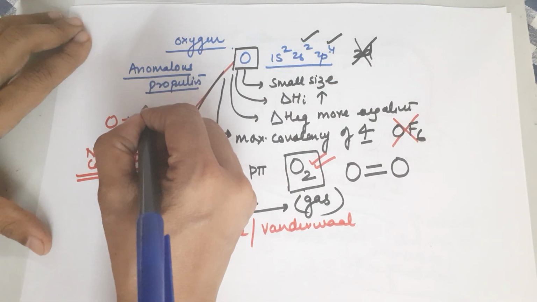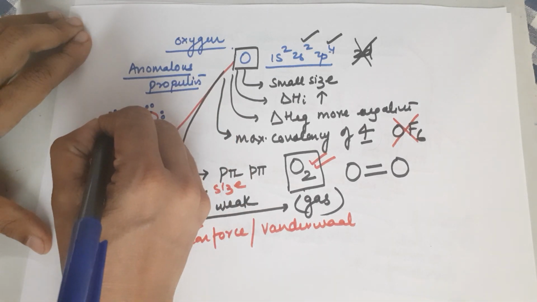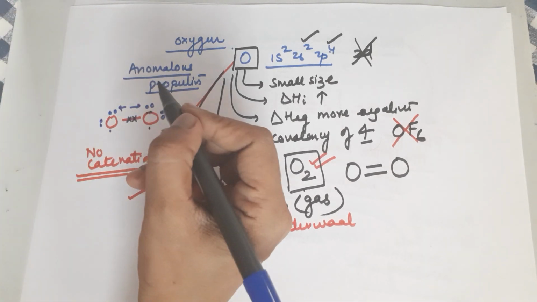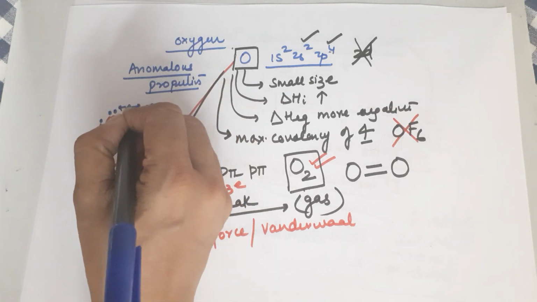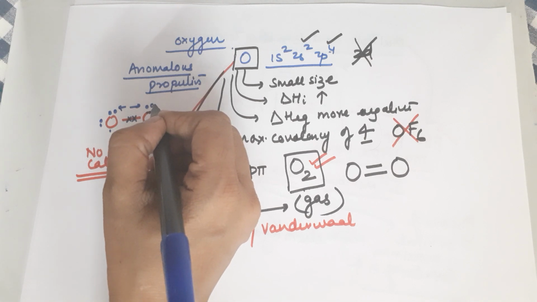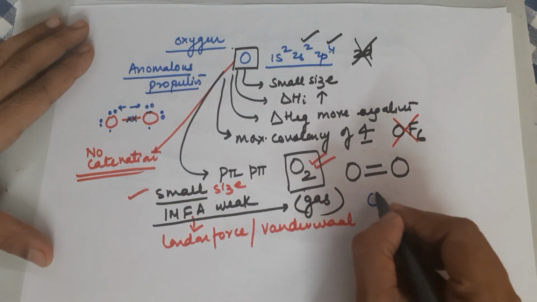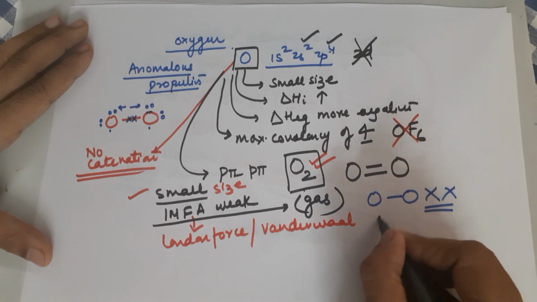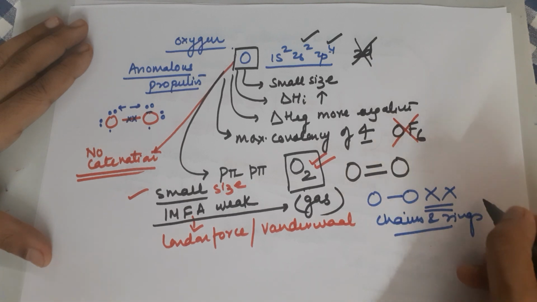6. 1 you have used, so you are still left with 5 electrons here, and these electron pairs repel each other. Due to the small size of oxygen, these lone pair of electrons are pretty close to each other, hence they do repel each other, causing this particular bond to become very weak. So, your O single bond O is not formed, hence it will never form chains and rings to show any catenation.